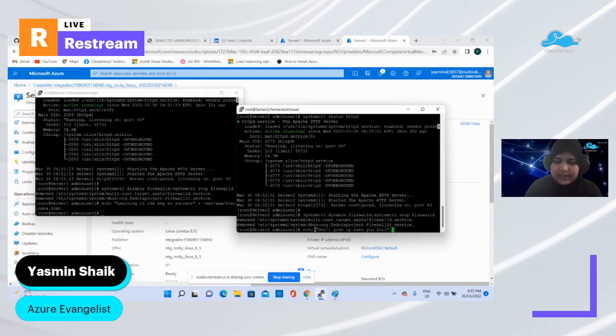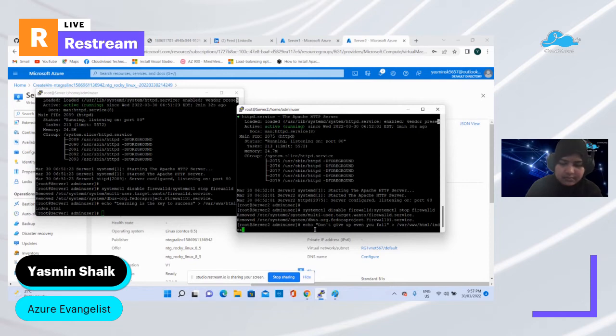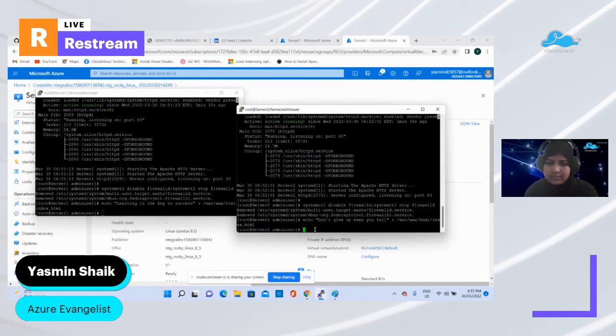Let me redirect this also onto the root directory of that same virtual machine. Okay, I'm going to do the same. Okay, so I have echoed some message.